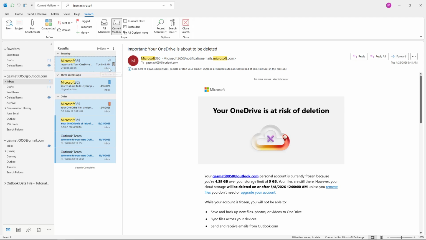Now simply press the Delete key on your keyboard, and all those emails will be moved to your Deleted Items folder. And that's it. You've successfully deleted all emails from one sender in Outlook, cleaning up your inbox and making it easier to manage your important